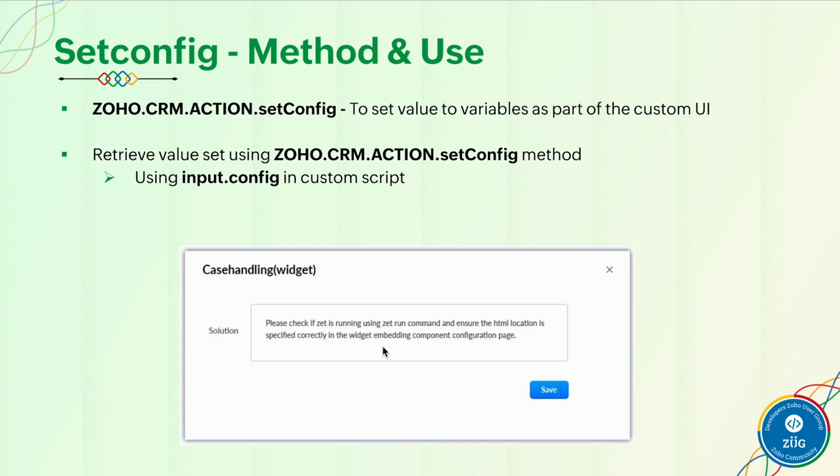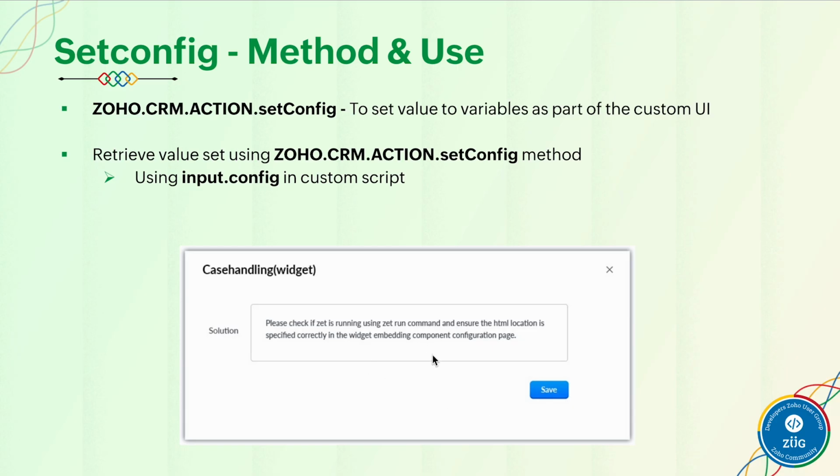So this value that they are providing in the UI will have to be set to a variable, so that in the custom script, that is the logical functionality that's going to occur. In the custom script, whatever value was provided by the end user can be retrieved to execute that particular action. So this is a mandatory thing.